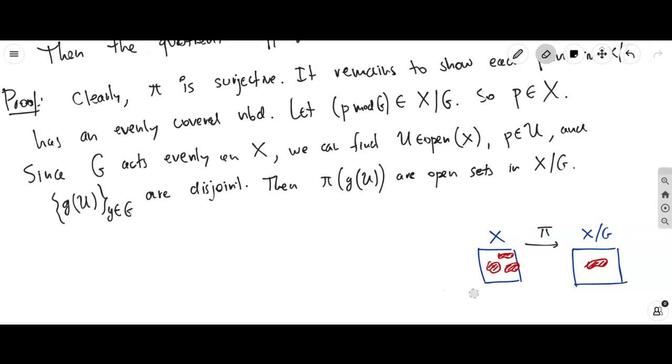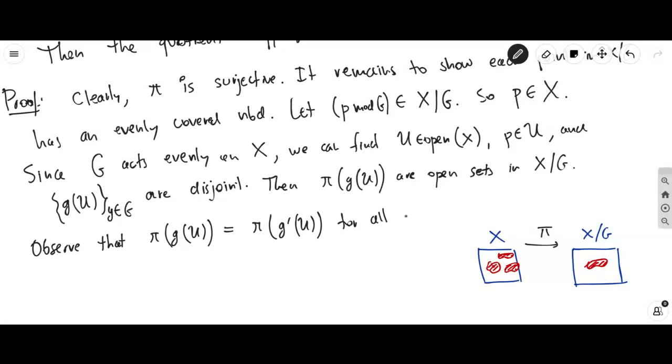Right, so for every one of these, you have a collection of open sets. You're applying pi to every single one of them, so you're getting open sets in the quotient. And then what you need to realize is you're going to observe that pi of g of U will actually be equal to pi of g prime of U for all g and g prime in your automorphism group. The whole idea is maybe this one over here is one translate, and